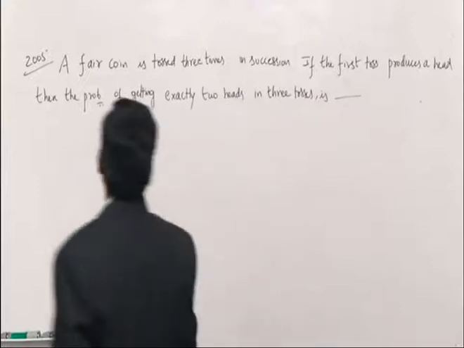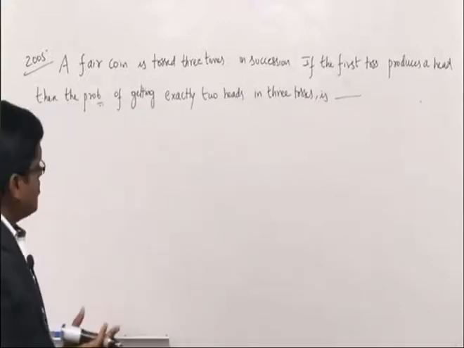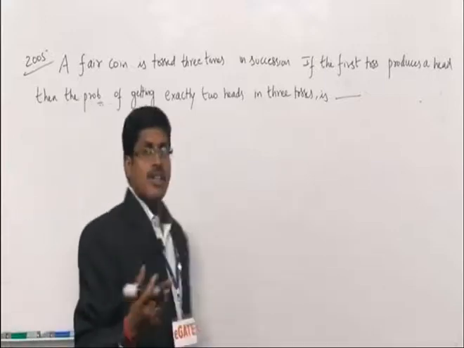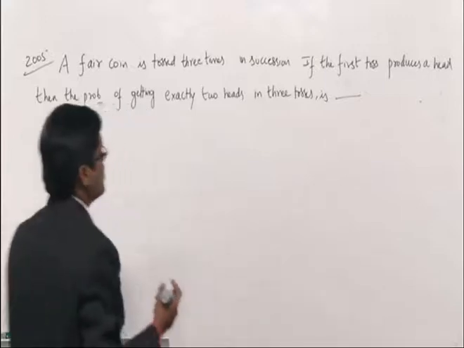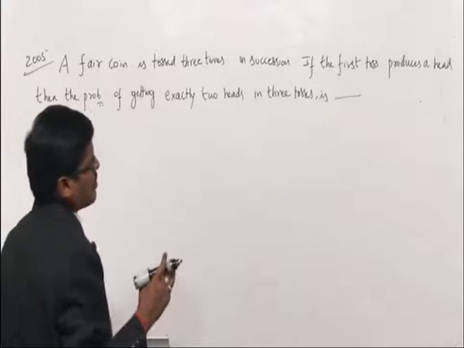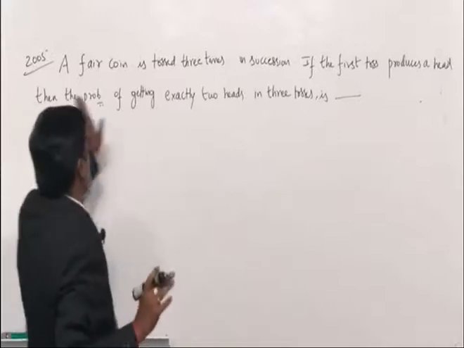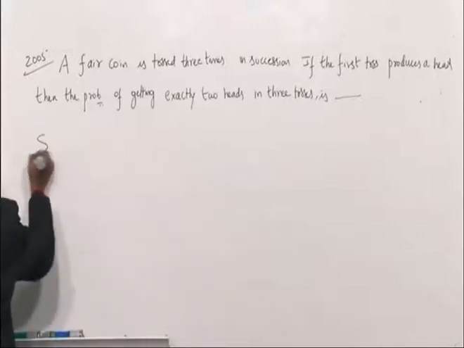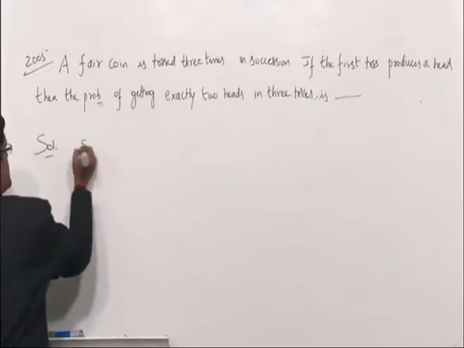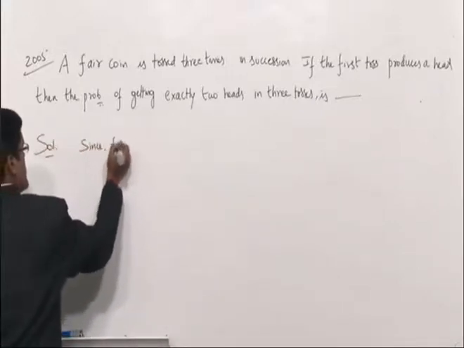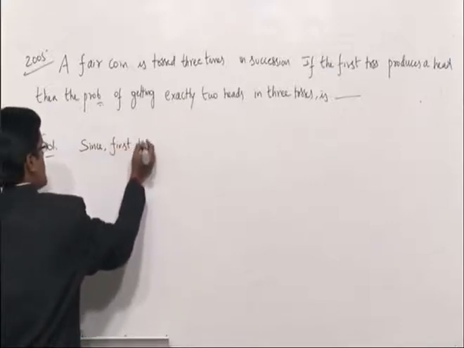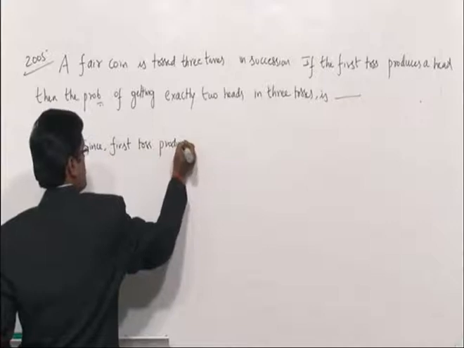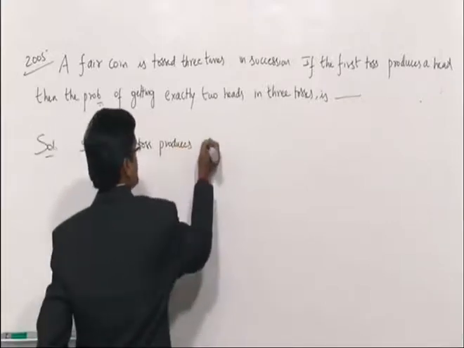So here a coin is tossed 3 times. That is also given as 3 coins tossed one time at a time. First toss, first coin compulsory shows head. Then we require the probability of getting exactly 2 heads in 3 tosses. So since the first toss produces a head,